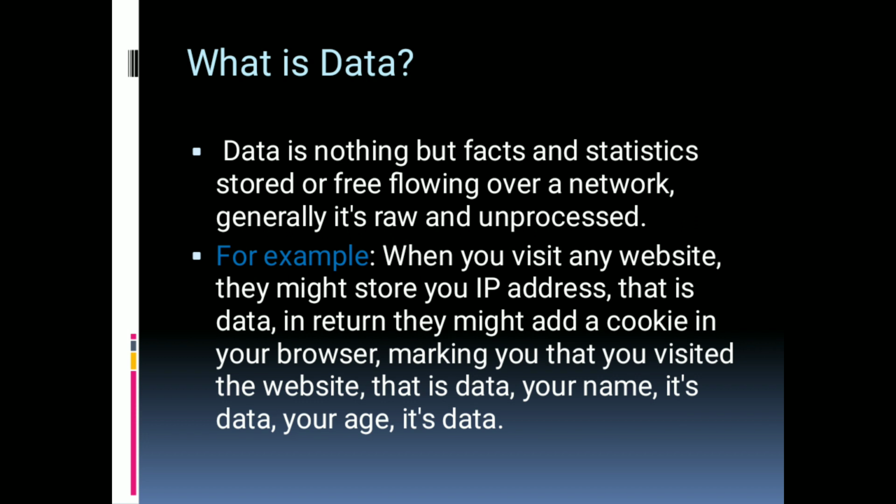It is nothing but the information you are having in the form of text or in the form of digits. So data can be anything in the form of text or digits. Numerical data will also be there. So this is one of the examples. Whenever you are visiting a website, you can observe that